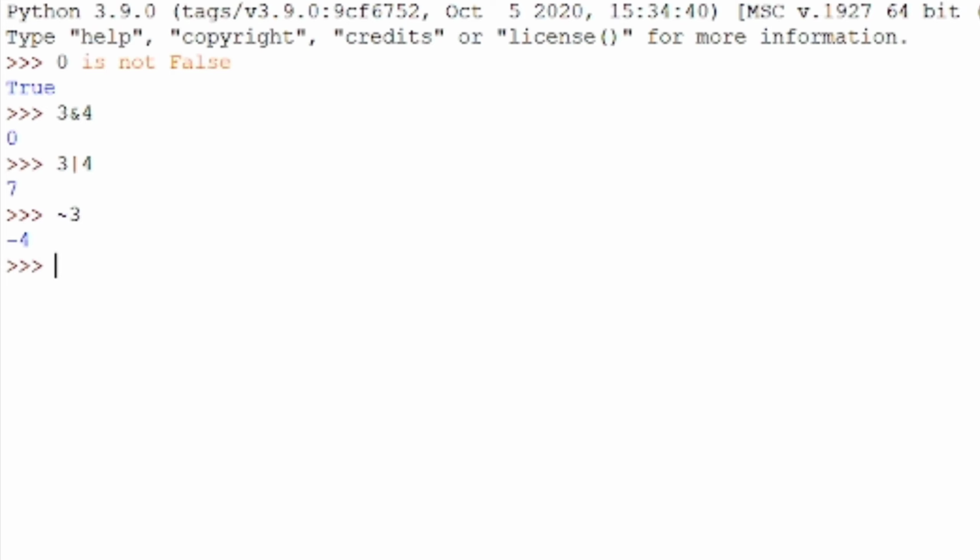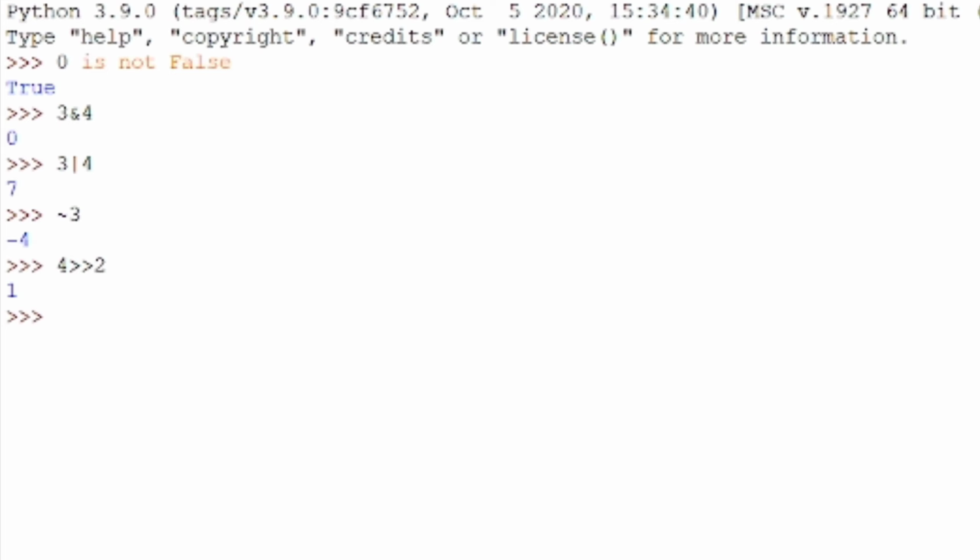The next one is the right shift operator. This operator shifts the bits of a value by the given number of places to the right. That means some bits are lost. For example, if you take 4 right shift 2, it gives 1, because the binary value is 100. It shifts 2 places to the right, so it gives the value 1. The binary value 1 is 1 in decimal form, so the value 1 will be given as output.